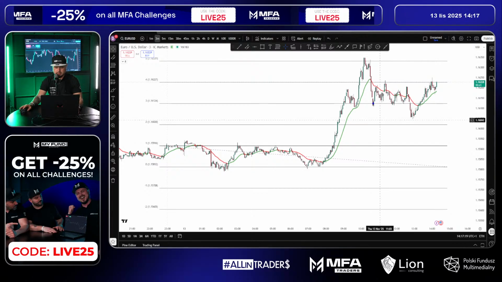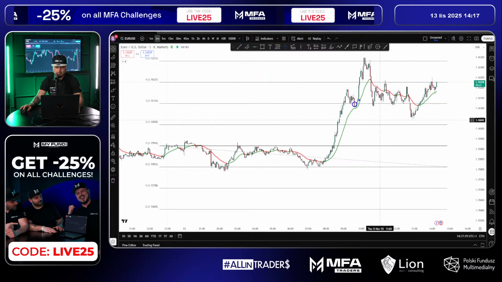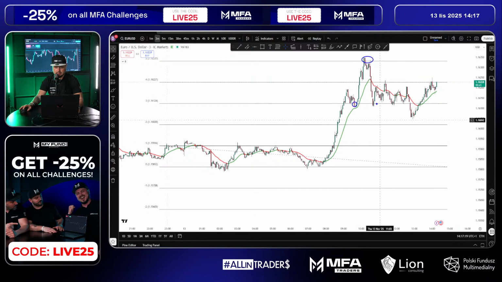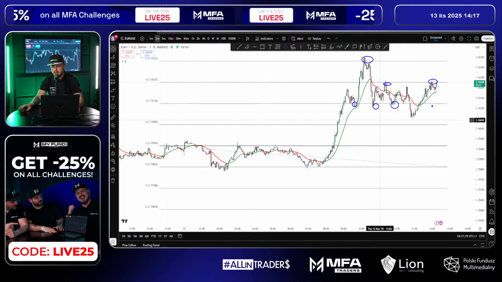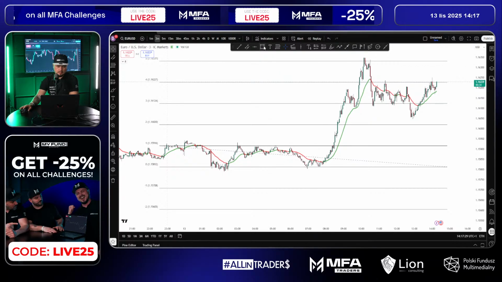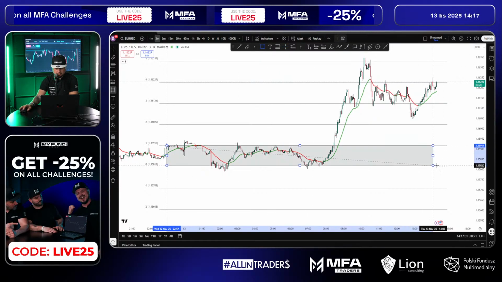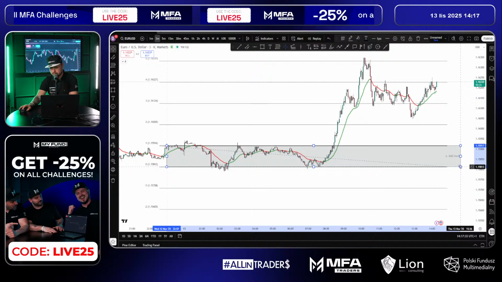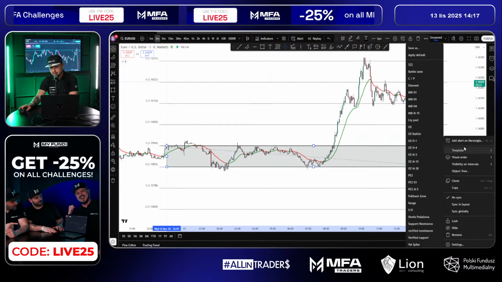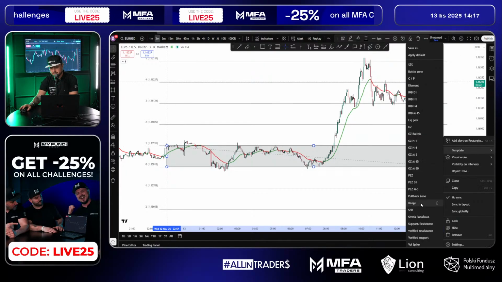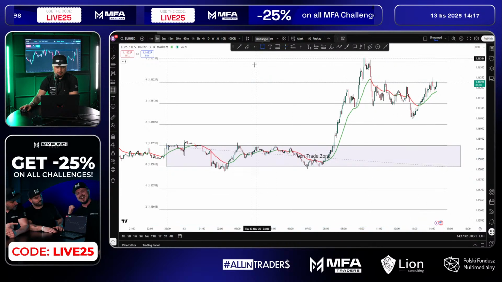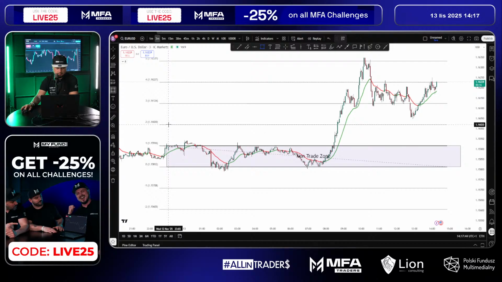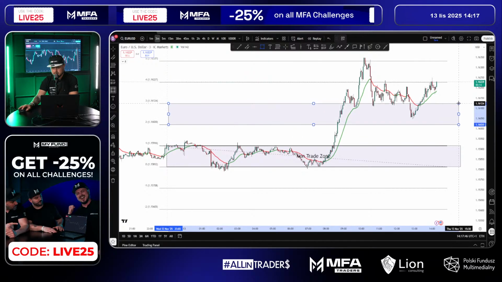We had some reactions at expansion over here, maybe not the best one, but there is reaction. Expansions were reacting quite good. So this is gonna be our non-trade zone. So the area where we do not want to enter any position. Okay, we're gonna mark our expansions from the top right here.